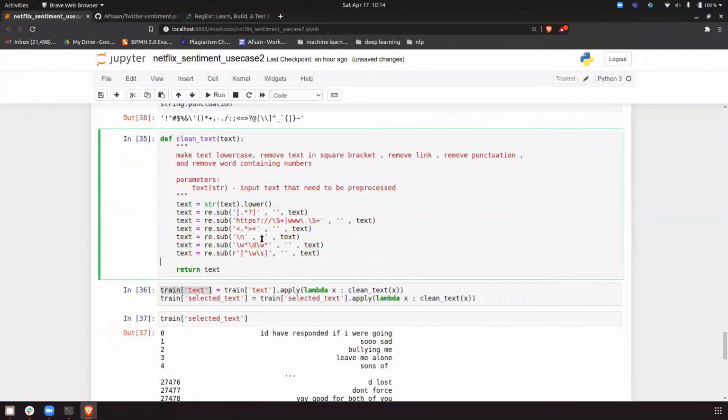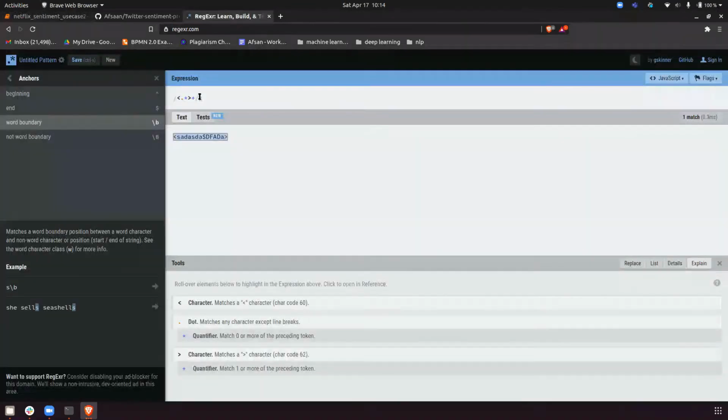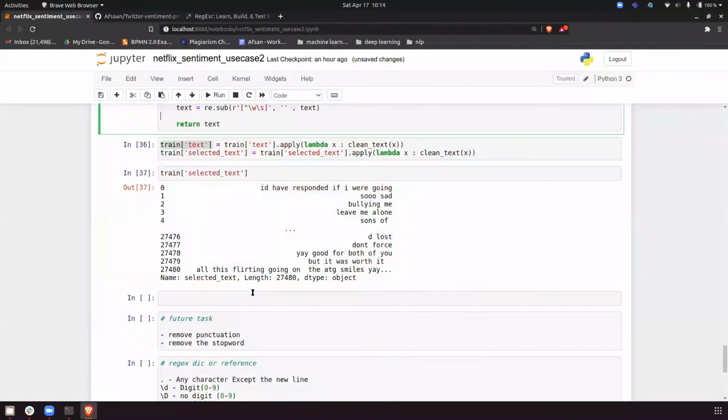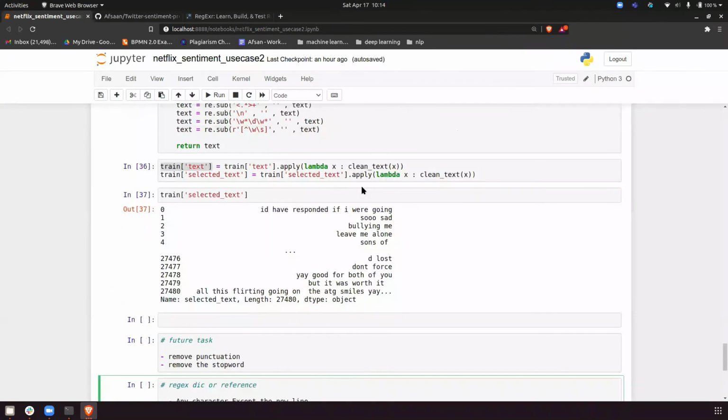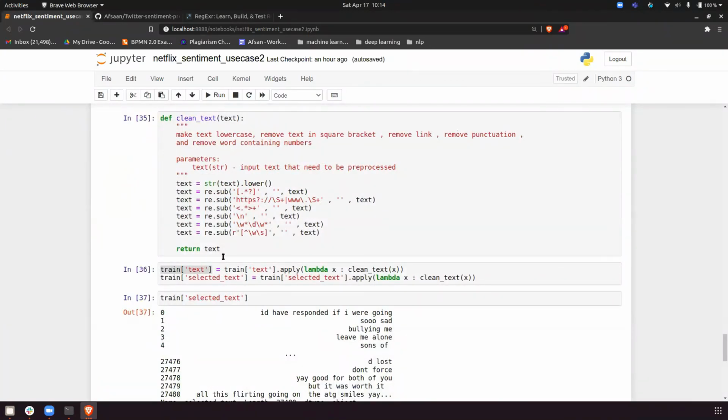So see guys, even with a lot of practice I am making a silly mistake. So regex is not as simple as we think. That's why I have given you the tools to practice also. We have regex r and I have given this also regex. You have to clean a text a lot, so it is not an easy task. That's why NLP is not an easy task. So till here is it clear to everyone what I'm trying to do? Anyone who has a doubt can ask.